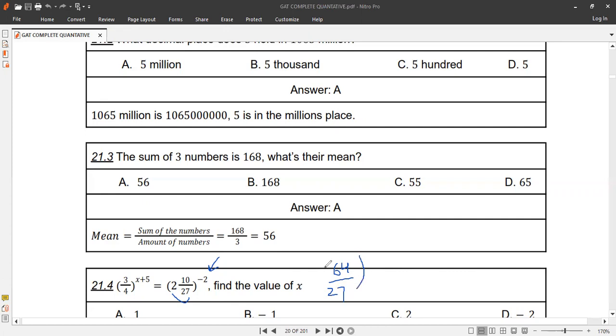Still power of -2. Now we change it to a fraction. Now we flip the fraction. It is 27 over 64 to the power of 2. So here in this case we have 3 over 4 to the power of x plus 5. Here the important point,